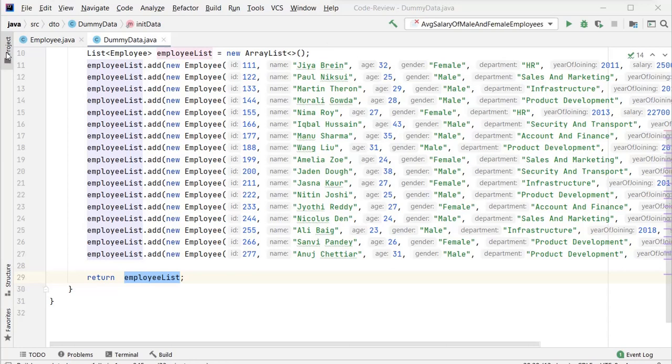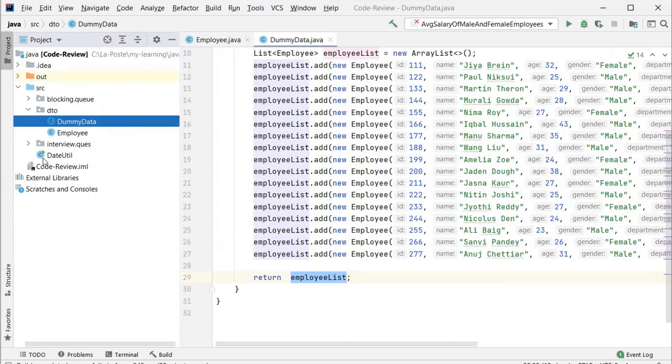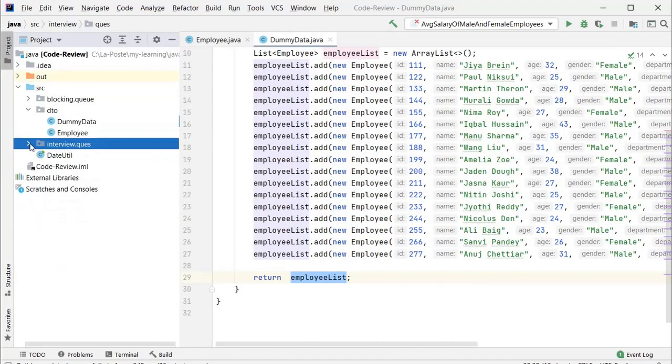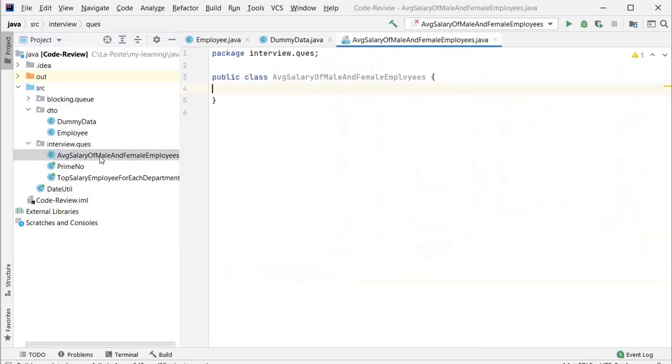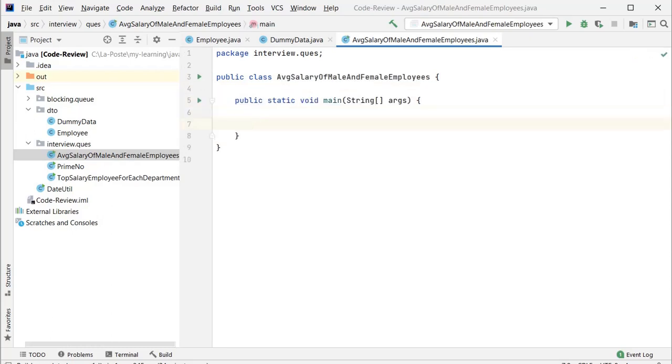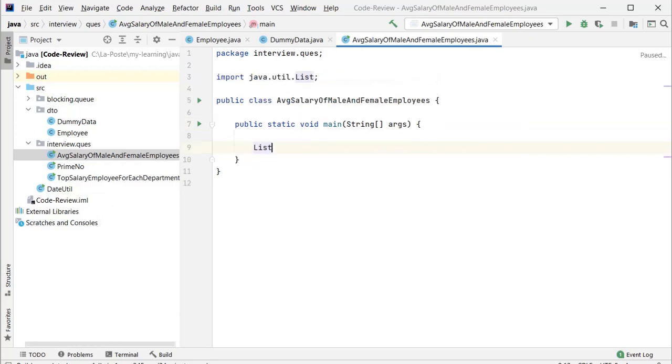Now I'll move on to our class. Here I already created the class to find out the average salary for male and female employees. So I created just the class only. Now I'll create the main method, and from the main method first I'll get the records of employees on which we will perform the data operation.